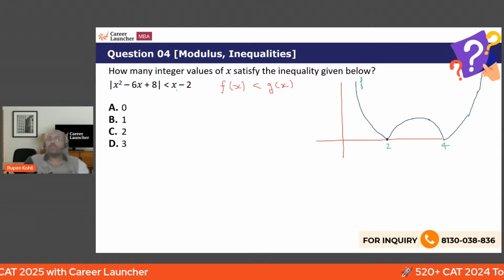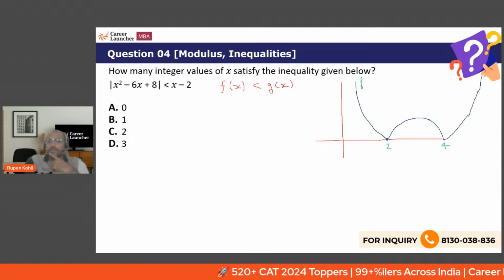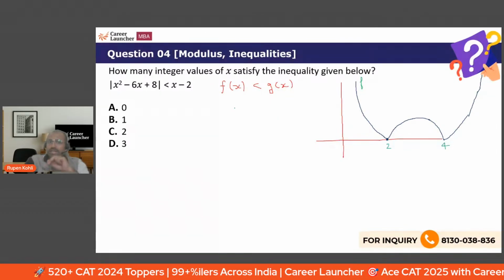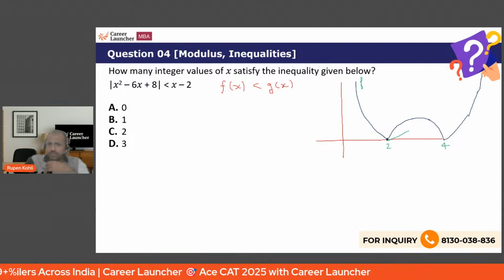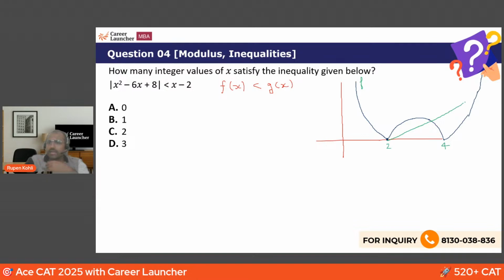Fortunately, y equals x minus 2 will also pass through this 2, 0. So that is one of the meeting points of the two graphs. Then obviously it's a line of slope 1, passing through 2, 0, because at x equal to 2, it is 0. And then it will rise upwards. Most probably it will have an intersection point somewhere between 2 and 4, and then again somewhere down the line